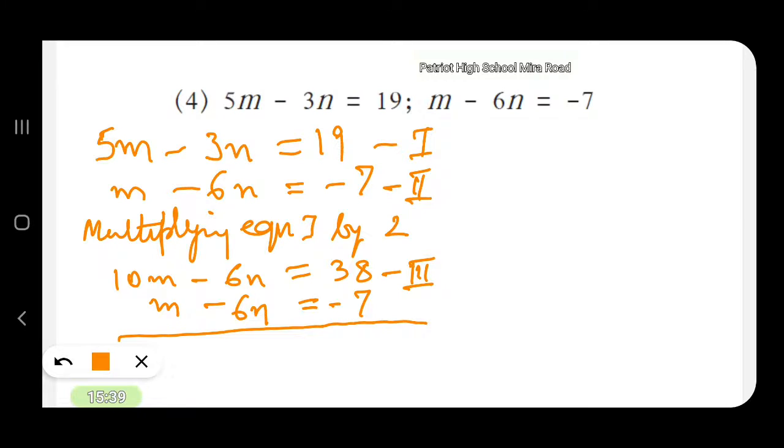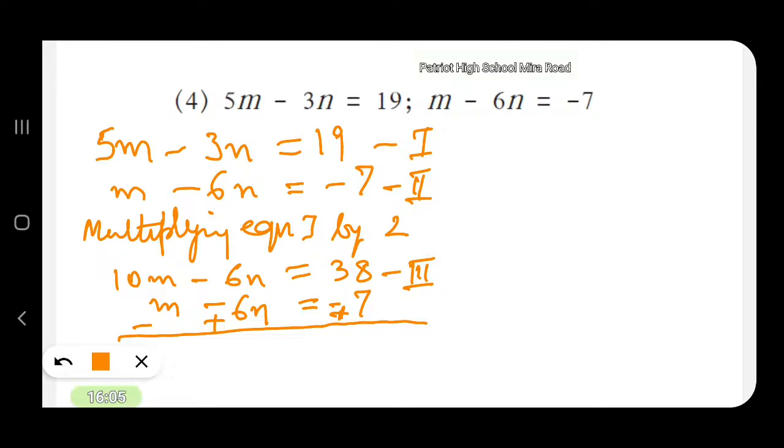So here it was plus. I am not writing plus over here. It was plus, so you need not write it. You just leave that space and write minus below, so that you can understand that you have changed the sign. Then minus will become plus, and this minus will also become plus.